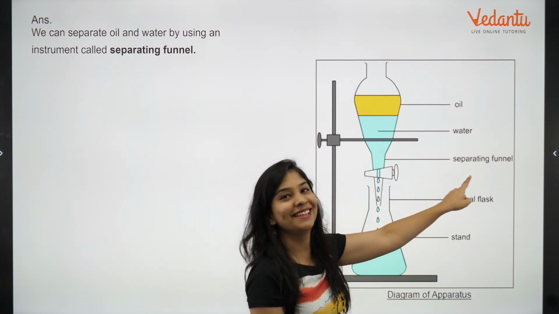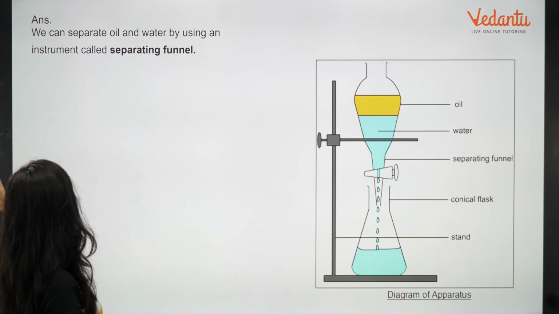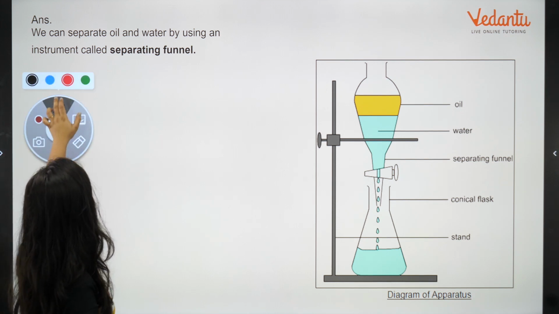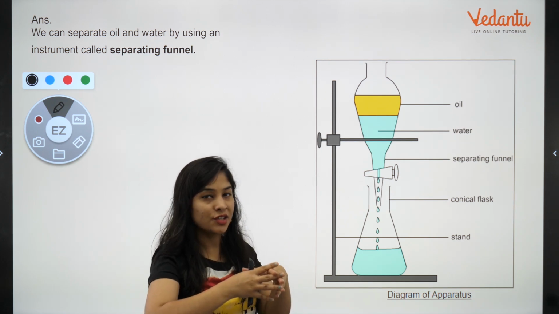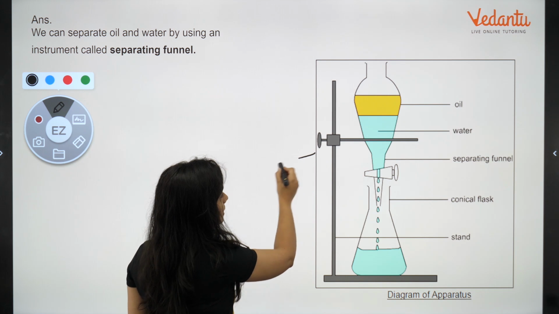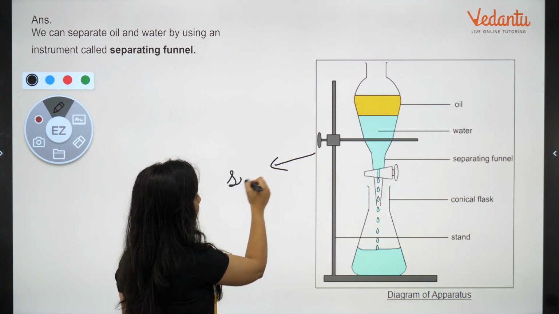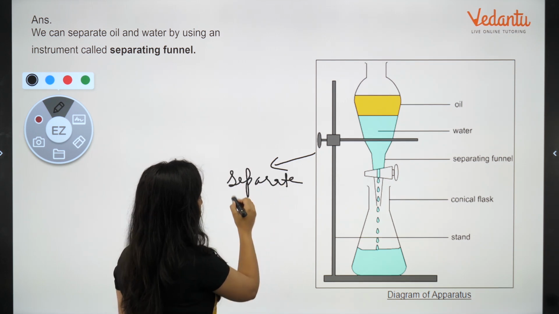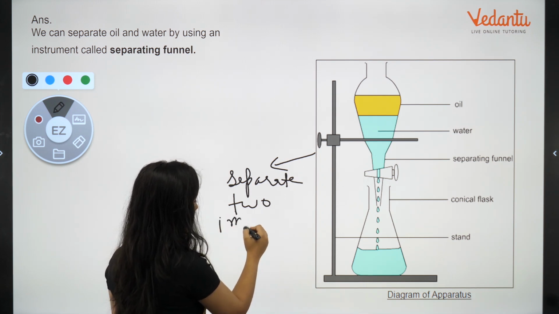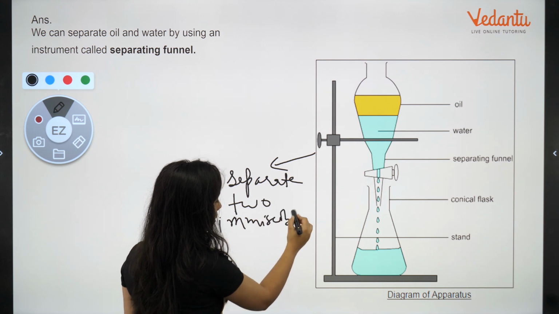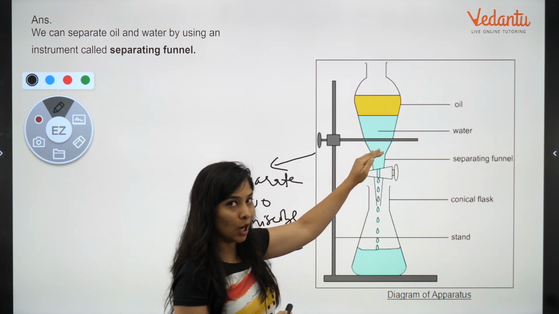Okay, this is the name, right? Separating funnel. Okay, as the name suggests, it helps to separate two different things. Specifically what? Specifically two immiscible liquids which are not going to mix with each other, just like oil and water. So this separating funnel is in front of you, and that can separate two, it's not necessarily two, more than two can also be there, immiscible liquids.